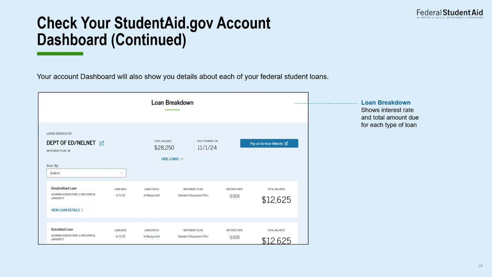You'll be able to see when your loan was dated. You'll be able to see the status of your loan, if it's in repayment or if it's in default. You will also be able to see when your next payment is due and your total balance as well. So all of that you can find under your StudentAid.gov dashboard.